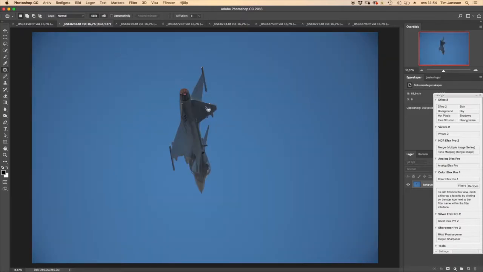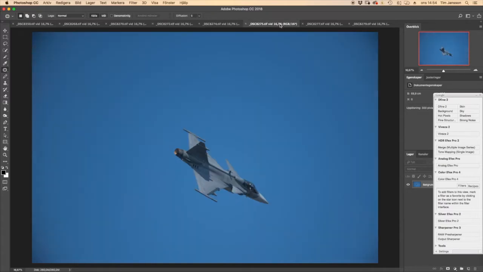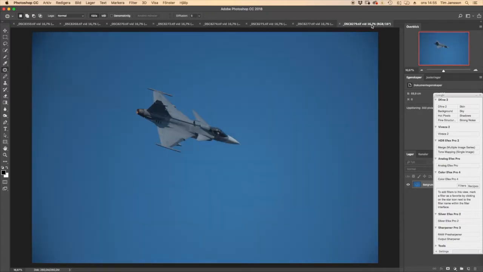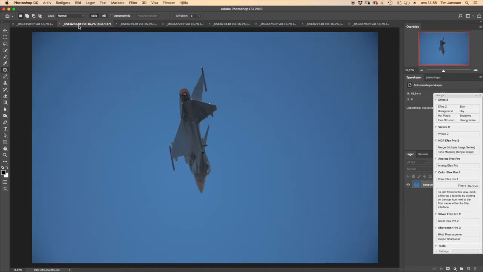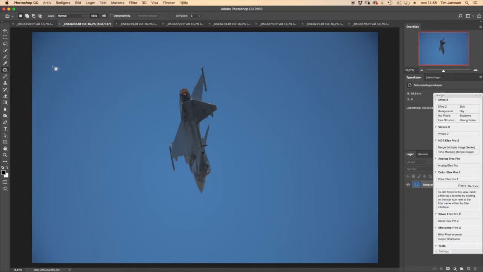Then I have a look at what I need, and I've chosen 7 pictures. In these 7 pictures, the plane will move accordingly. That's the idea anyway. I haven't done this with this one before, so this will be a test to see how it turns out. So I use just a rough